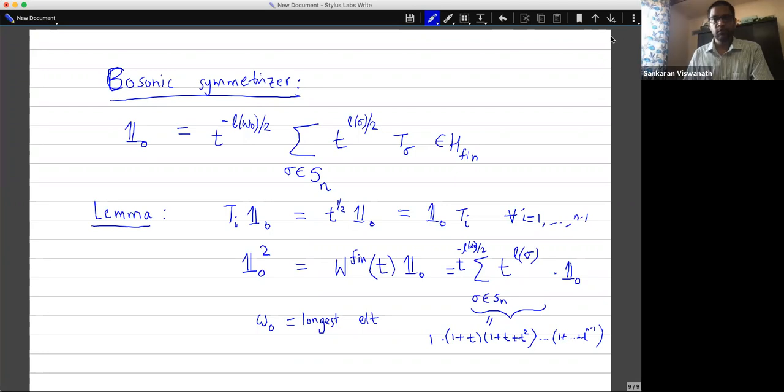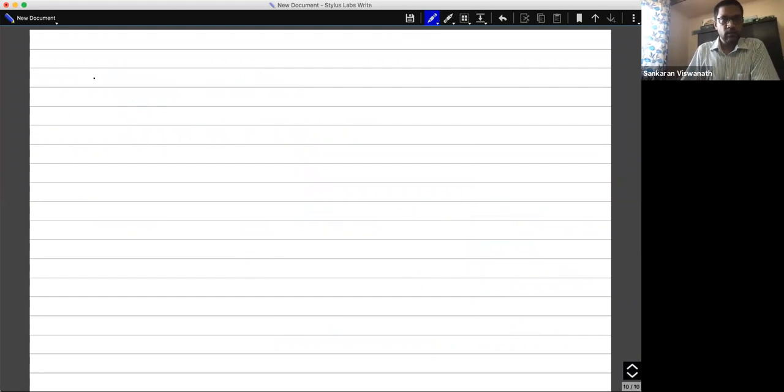I mean, the proofs of these are not too difficult. Let me just briefly sketch how one would prove this. So if you wanted to prove that Ti acting on 1 naught gives you this multiple of 1 naught, we just plug in the definition and, modulo the